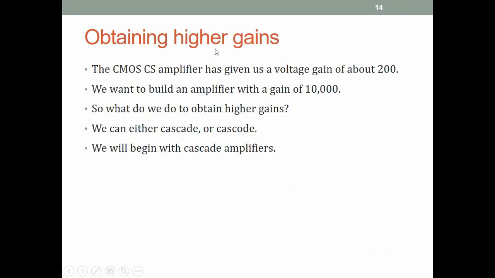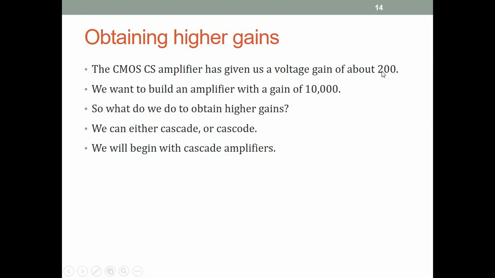All right. Now let us look ahead. So we've got all these configurations. The highest gain we found was the CMOS common source amplifier, and that has given us a gain of about 200 with our numbers, with some lambdas assumed and all, but roughly 200 is also not that easy actually to get from CMOS common source amplifiers. But as you recall, hopefully, one major goal of our course is to build an amplifier that has a gain of 10,000.